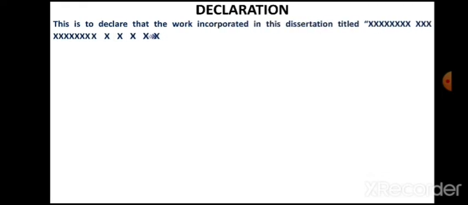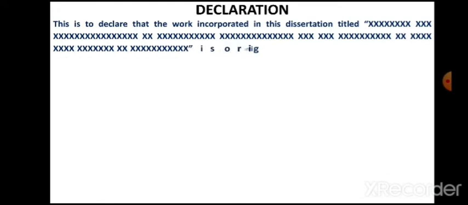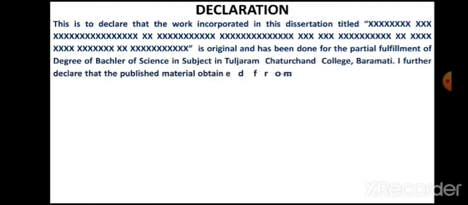Then there will be a declaration by the students, where students declare the authenticity of the research work which has been carried out by them. So they declare that the work incorporated in this dissertation titled so and so is original and has been done for the partial fulfillment of the degree of Bachelor of Science.